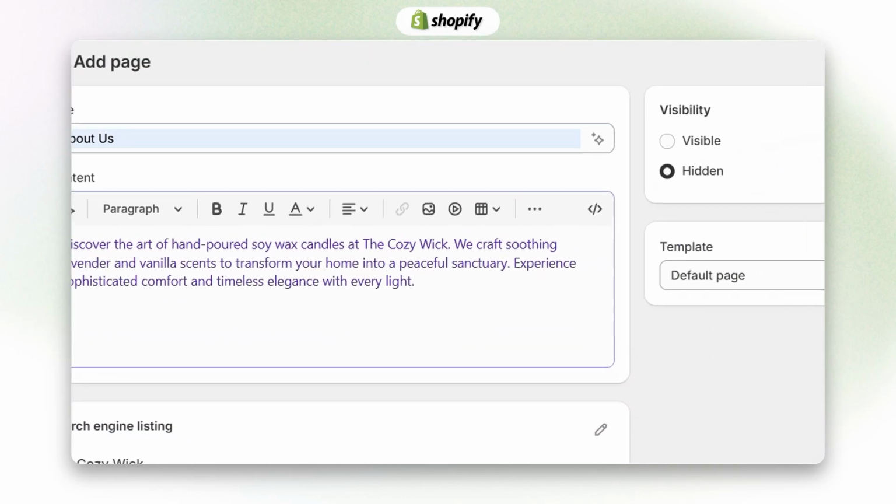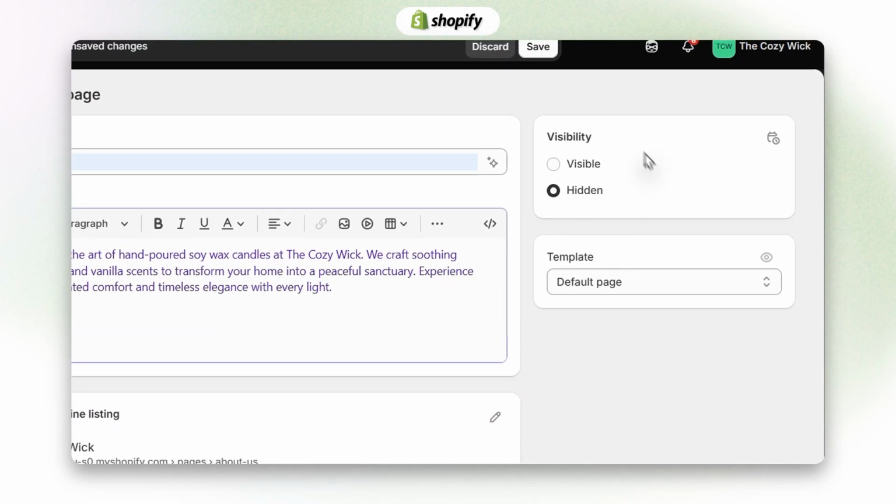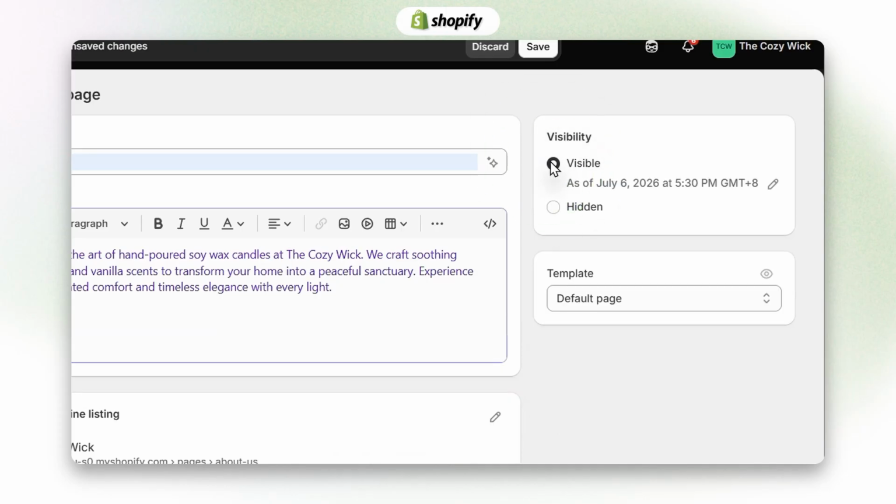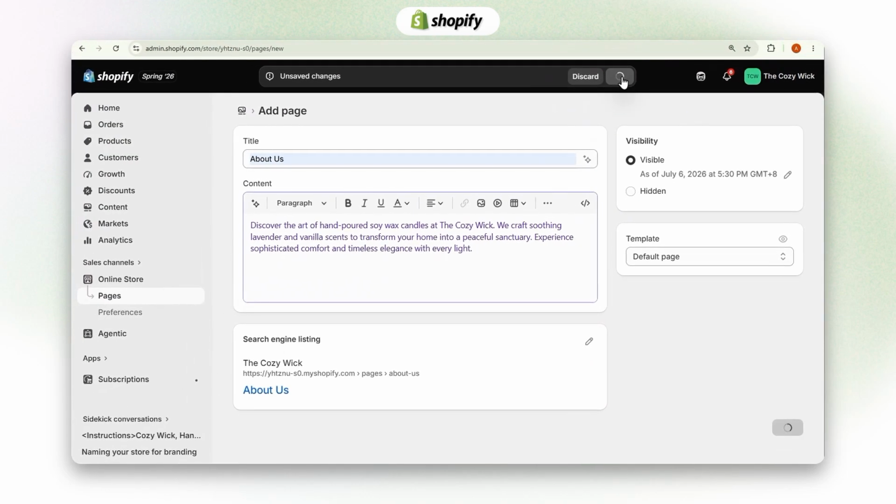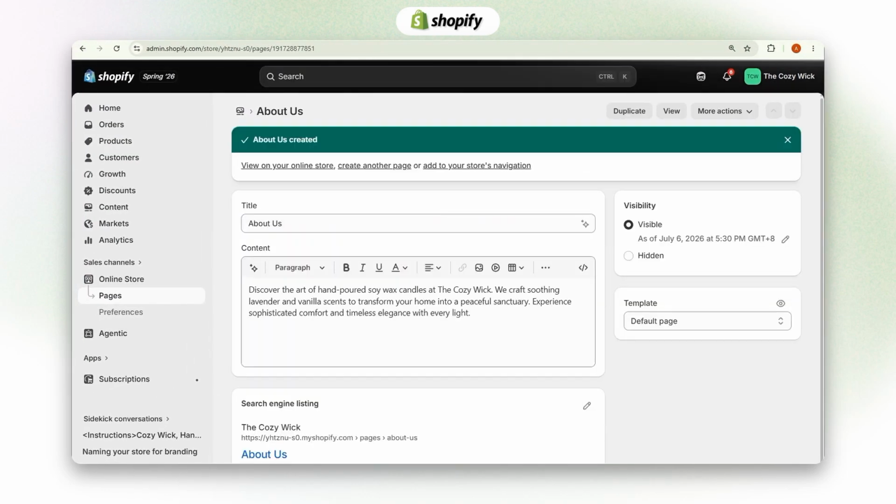Once you are happy with your text, look at the right side of the screen under Visibility. Make sure this is set to Visible. Now, click Save. To make sure your customers can actually find this new page, look at your left sidebar under